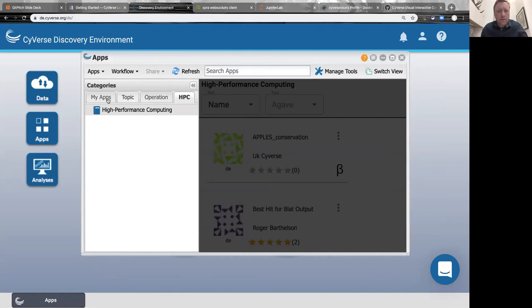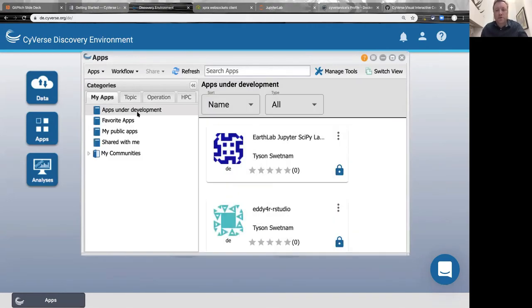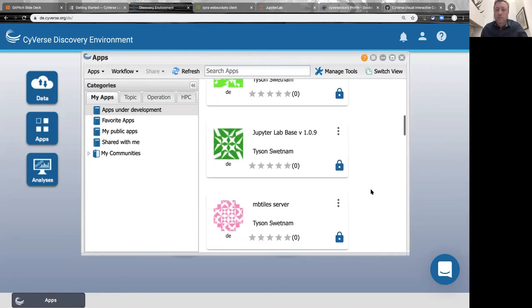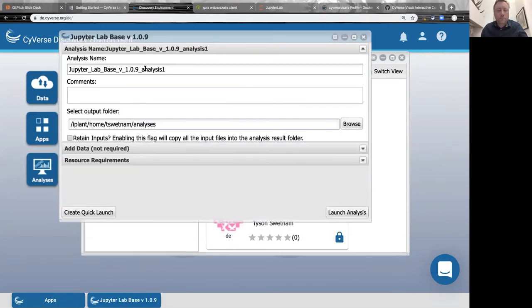But for right now, I'm just going to look at my apps, and I'm going to look at my private apps, which are under development. So these are different apps which I've already integrated. If I click on one of these, it opens up the app window. We can see that there's an analysis name. It gives it a default name. You can edit that. You can set a comment, and you can set where the data will be stored after